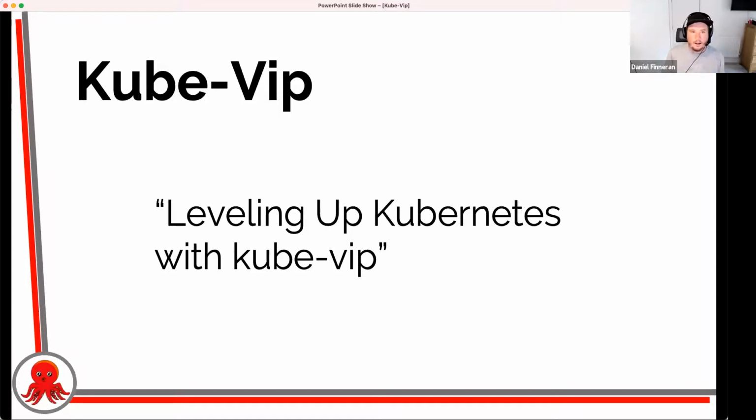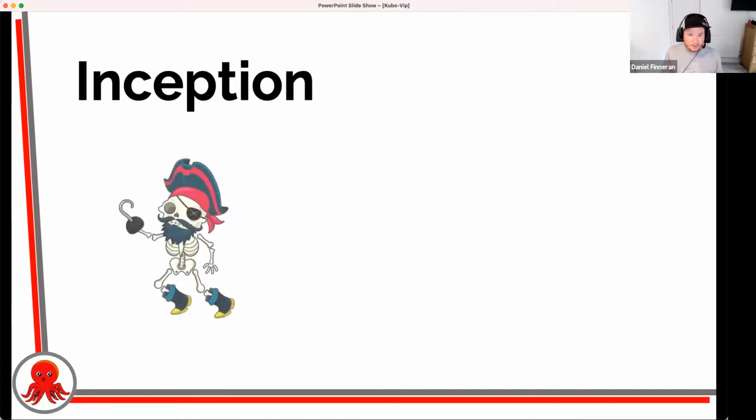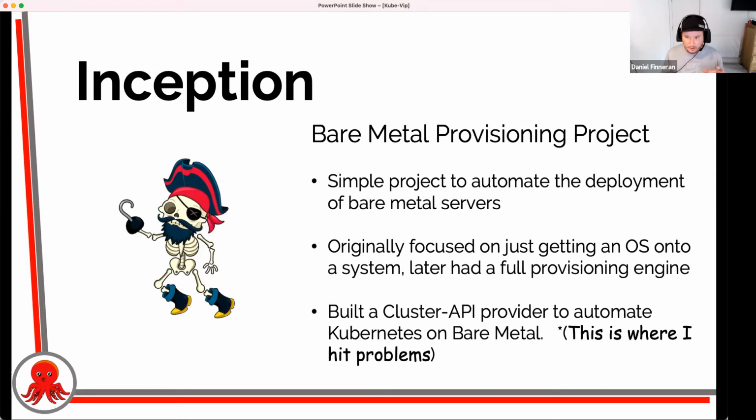So where did it actually come from? As I mentioned, when I was at Heptio, I was doing a lot of bare metal provisioning. And I effectively wrote a bunch of software to automate the provisioning of Kubernetes on bare metal. And this all came about because one customer that I was working with flew me over to work with them. They walked me into a room, told me what they wanted, and then just disappeared. They effectively just asked me to build a Kubernetes cloud on their bare metal servers that acted and felt like what they'd be able to do in AWS, which was quite bonkers at the time.